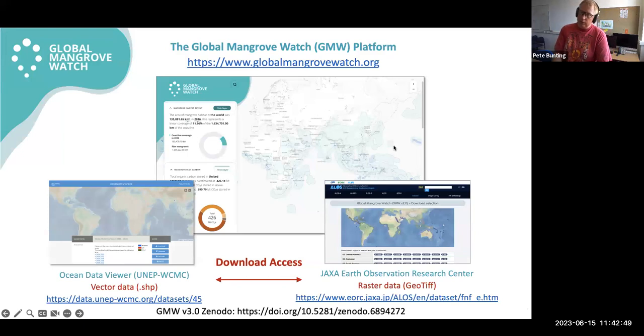Just so you're aware, the data sets are all available. You can go onto the Global Mangrove Watch portal, where you can view the data, query it, and get statistics for countries or your areas of interest. The data are all available to download. JAXA have a site where you can download the raster data. The UN Ocean Data Viewer has the vector data sets, and the whole thing, as published, is available for download on Zenodo. If you just go to the next slide,